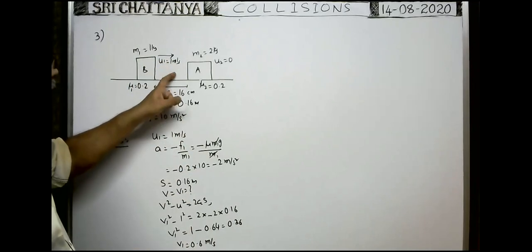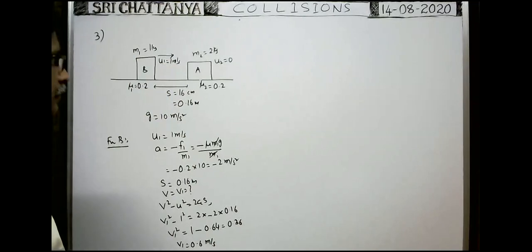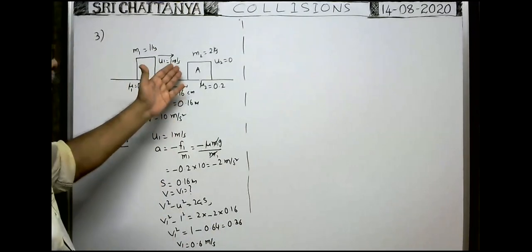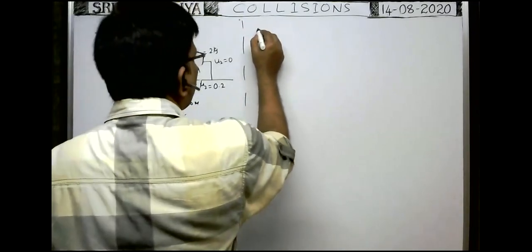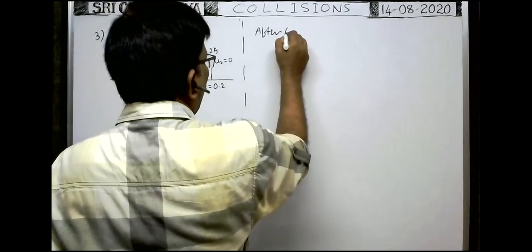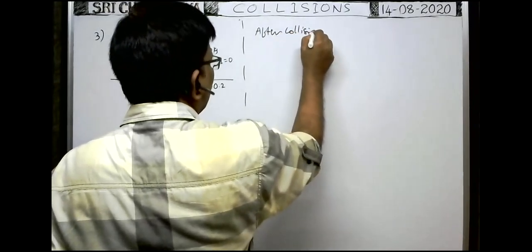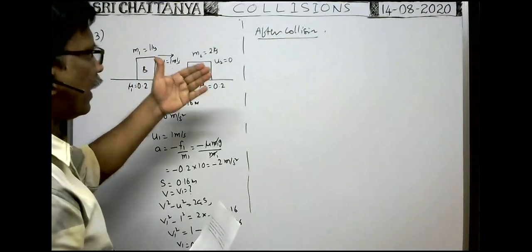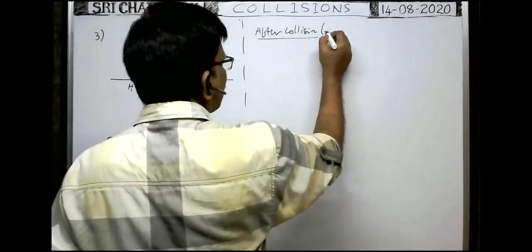With this velocity, block B makes collision with block A. Then after collision, what about the velocities of the two bodies? So after collision, the collision between B and A is elastic. After elastic collision between the two blocks,